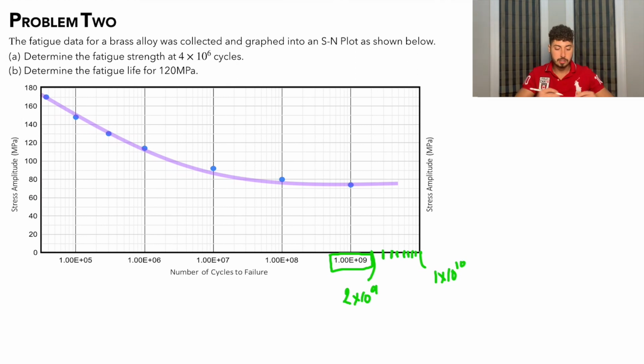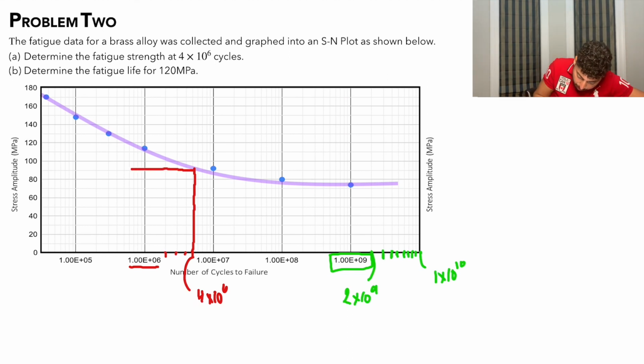So part A says determine the fatigue strength at 4 times 10 to the 6 cycles. So let's go where 1 times 10 to the 6 is, followed by 1, 2, 3, and 4. So this point right here is 4 times 10 to the 6 cycles to failure. So what we're going to do is take that all the way up to our data on our S-N curve, and then come across. Hopefully you'll do it a little bit straighter than I am, and we can see that